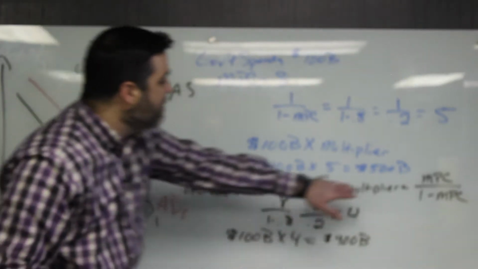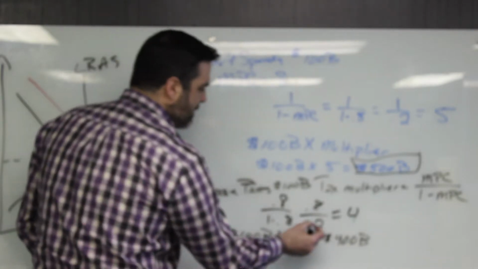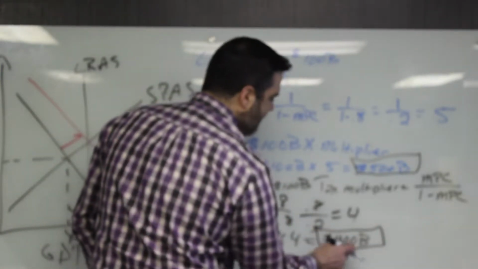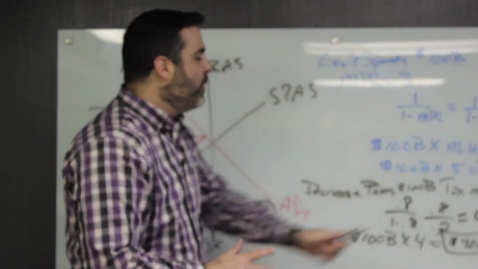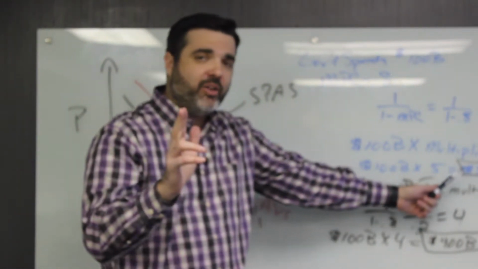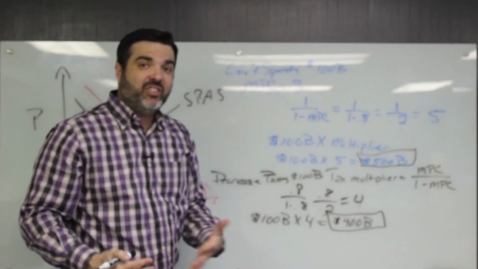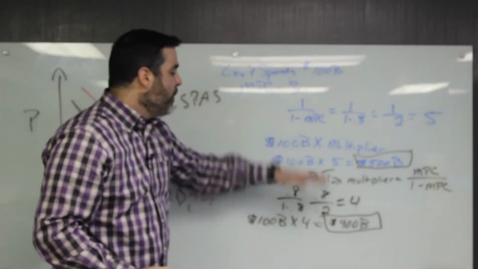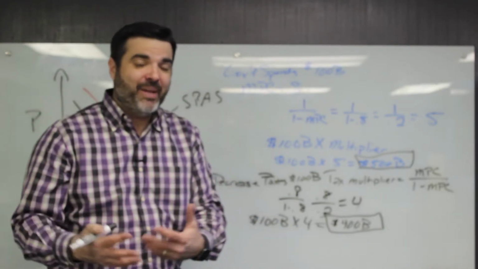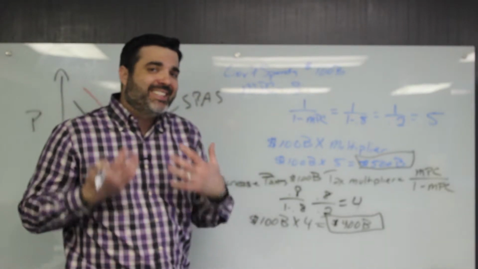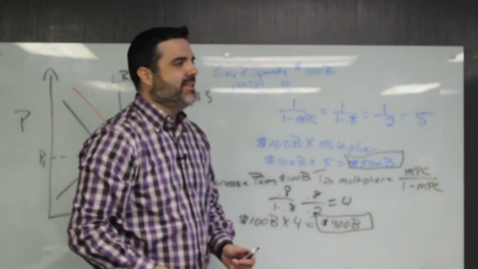So if the government just goes and spends the 100 billion, it would give a $500 billion boost, versus if the government gives tax credits, it would be a $400 billion boost. Now what's the difference and why does it matter? Well, when the government spends that 100 billion, that first 100 billion gets spent. So that's $100 billion into the economy. When the government gives tax credits for that first 100 billion, it doesn't get spent. So part of that first 100 billion gets saved. That's the difference and why the taxes are not the same.